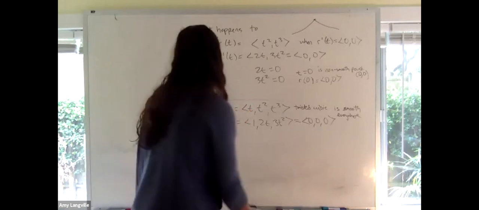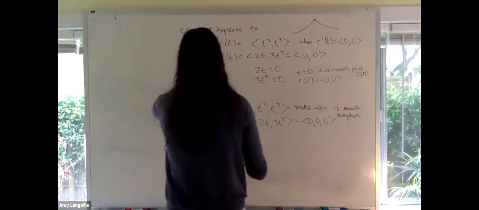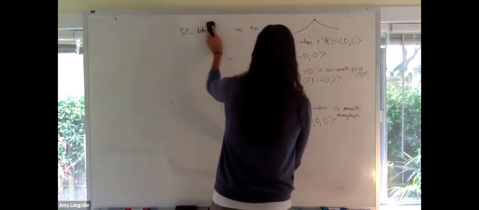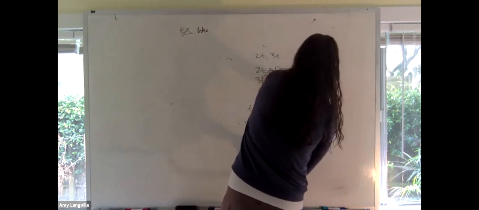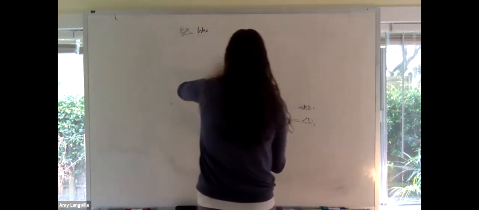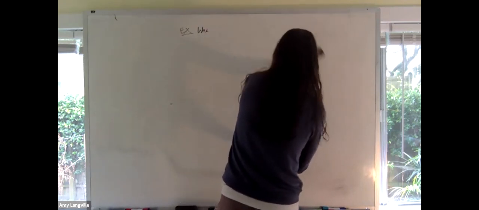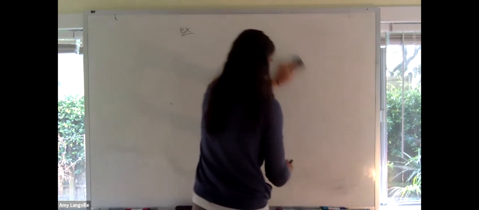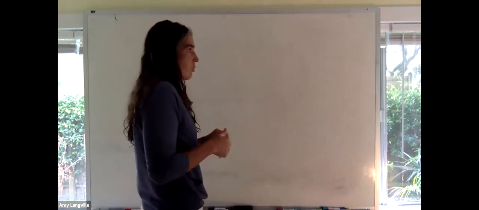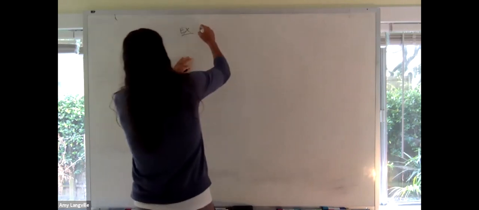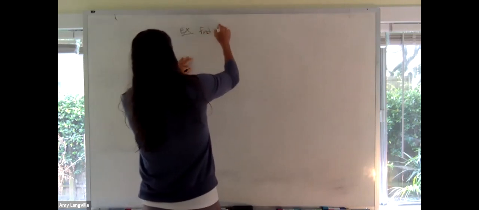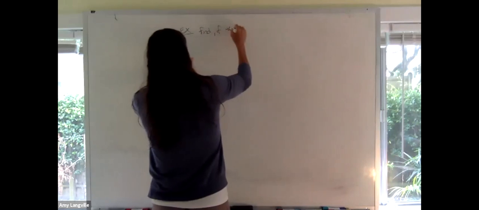Okay, that's it. So one more example. You'll see this problem: find any non-differentiable points if they exist. They may not always exist, like the twisted cubic had no non-differentiable points, it was smooth everywhere. So find, if they exist,